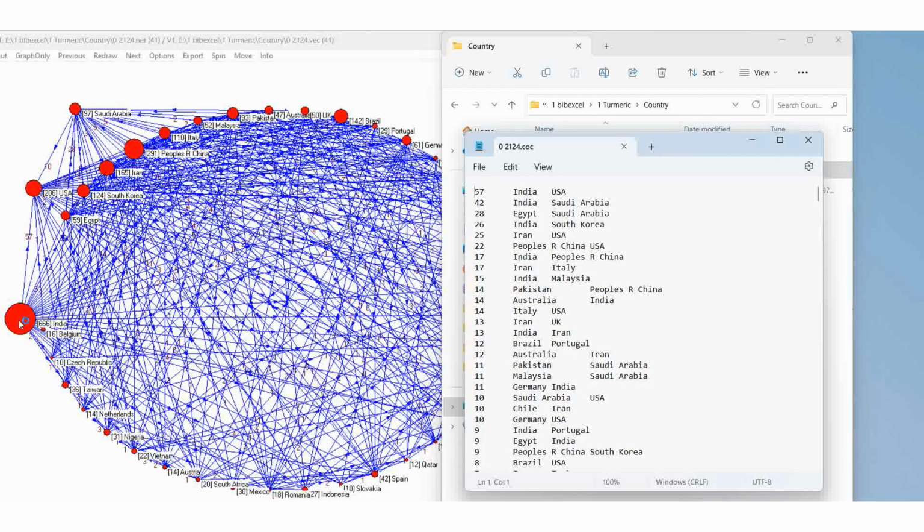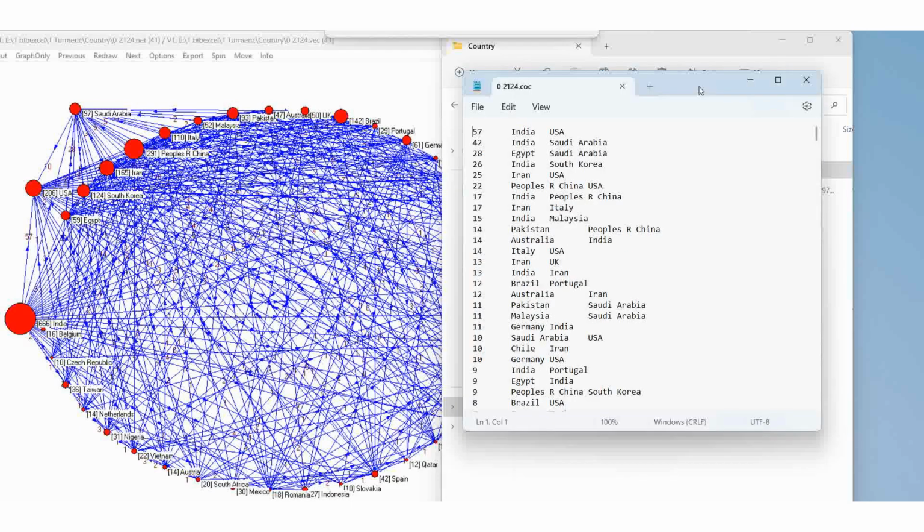So India and USA contribution is 57. Right. Then USA and Saudi Arabia contribution is 10. Here see, USA Saudi Arabia contribution is yes 6. Then here 666 is